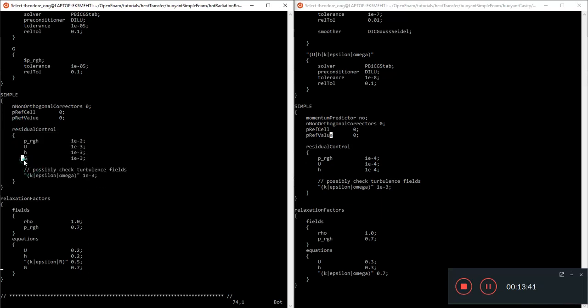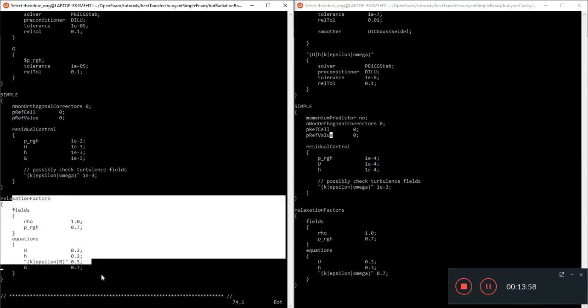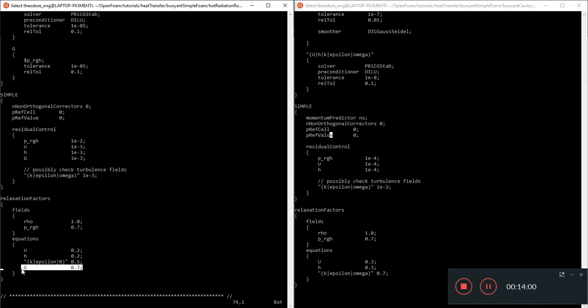you again see that there's a tolerance for G, because this is another field you need to solve for. And again, so 3 places we need to look out for wherever the G pops up. One here, and if you notice the relaxation factors, I'm going to skip the line by line and I'll just tell you straight. The G 0.7 needs to be added here